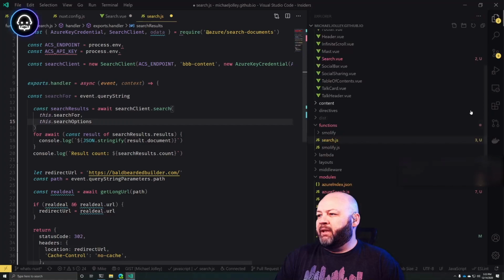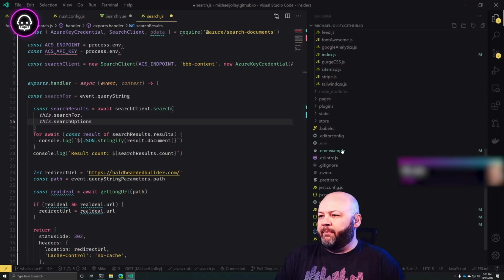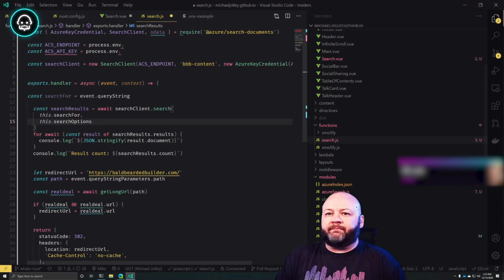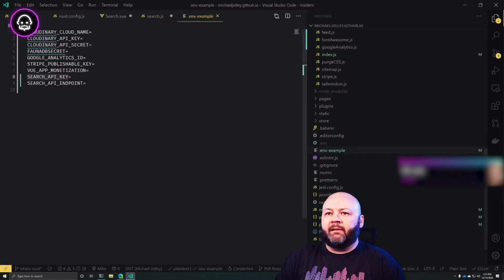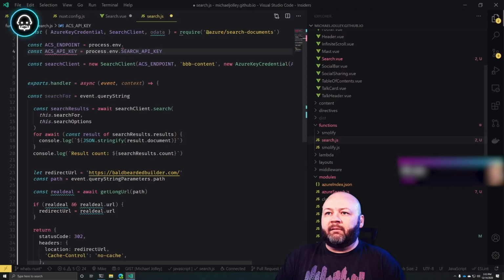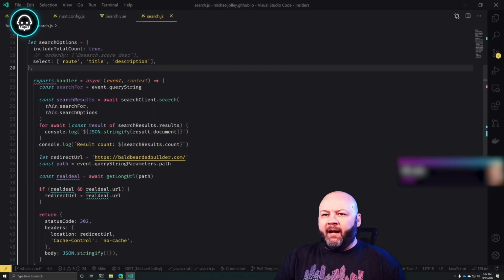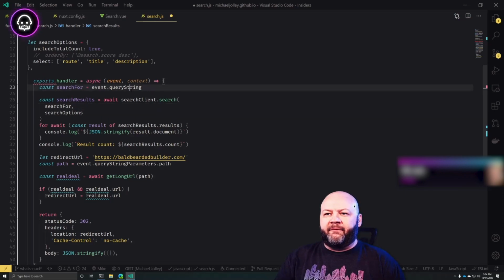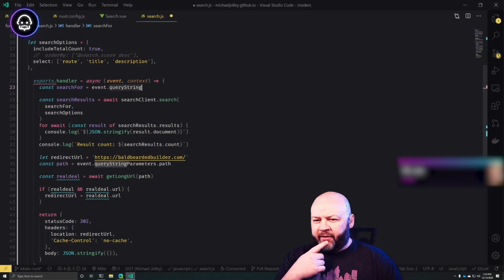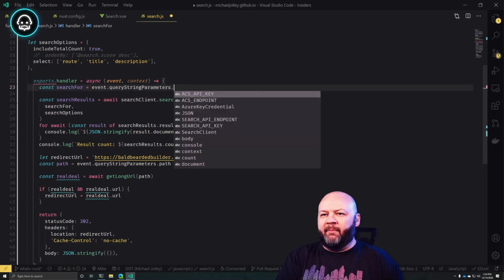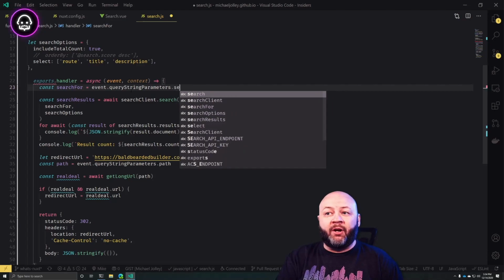Let's go over to our env sample. It's called search API key. There. And endpoint. Perfect. So there's our search options. Search for, we're going to have to define. I don't think I want that in the query string. I guess it doesn't matter. Query string parameters dot search. Search for